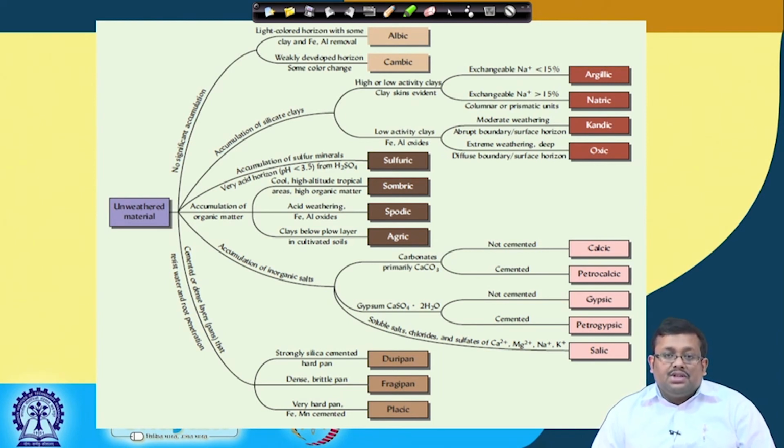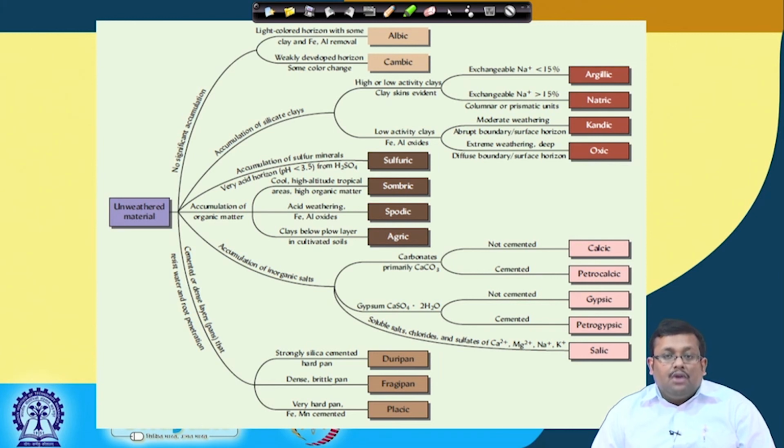what is soil classification, what are the different aspects of soil classification, and then what are different types of diagnostic horizons. And we divided the diagnostic horizons into two broad categories. One is surface diagnostic horizons or epipedons, and we discussed 8 different epipedons, and then we talked about the subsurface diagnostic horizons. We call them endopedons, and there are 20 endopedons we have discussed one by one. And then